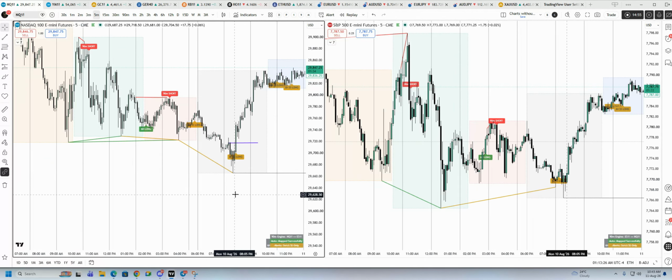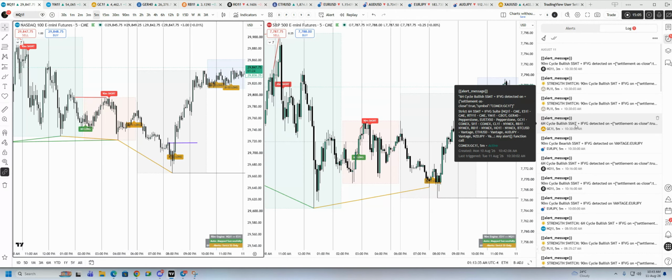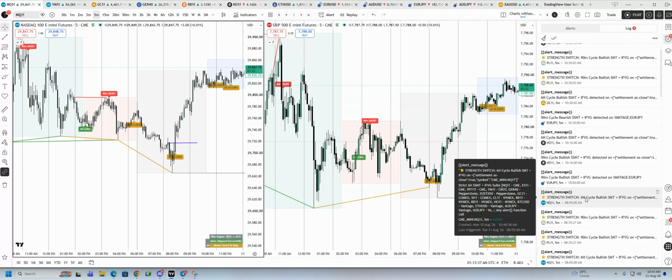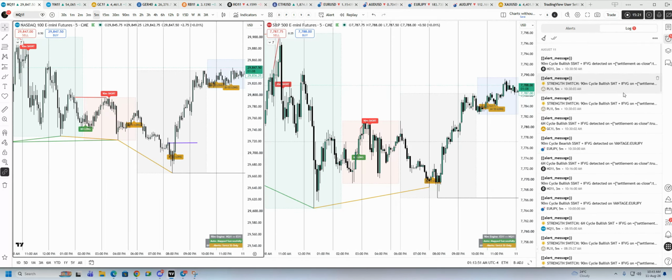So this is an A plus setup on the 5 minute Nasdaq that was given. I'm gonna show you here in my log list. This is my log list of the alerts, and you can see here at 8:55 in the morning, at my local time, I'm based in Mumbai, India. At my particular time, this was the alert which got triggered. So these are the